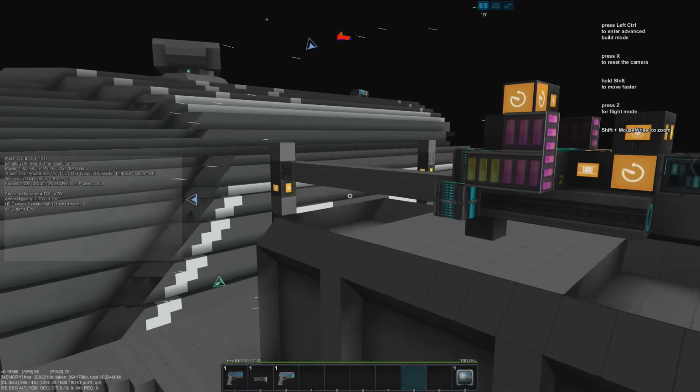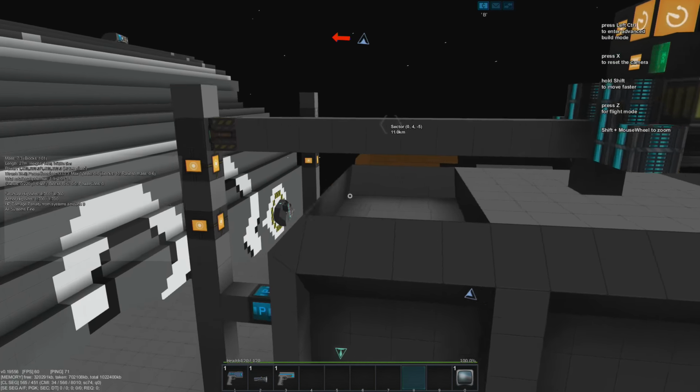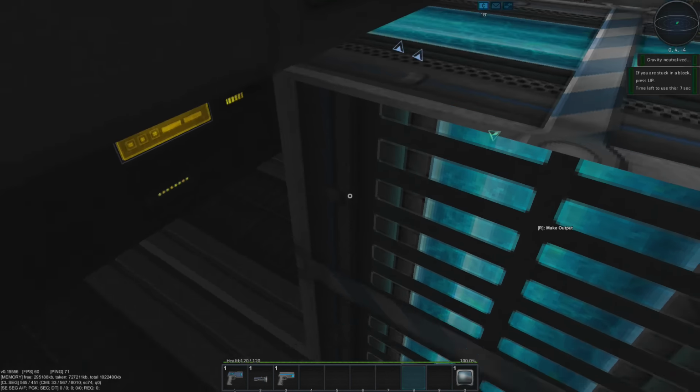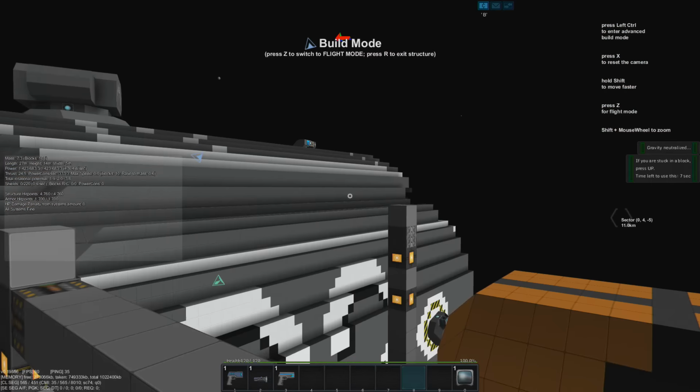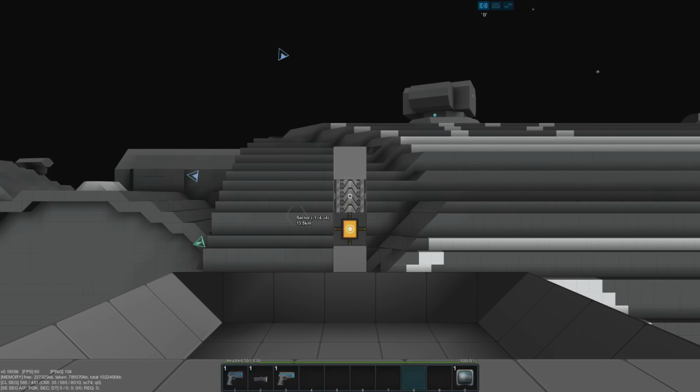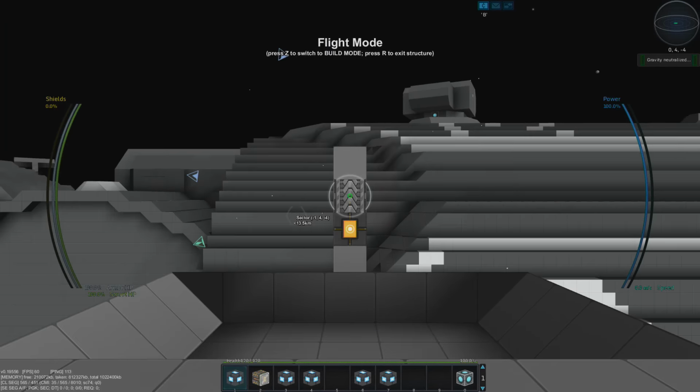So this is docked to the ship at the moment, I would say. Oh, I should just stay in here and leave build mode. So we will undock this. Oh no, it's free. It's free. It's on the...